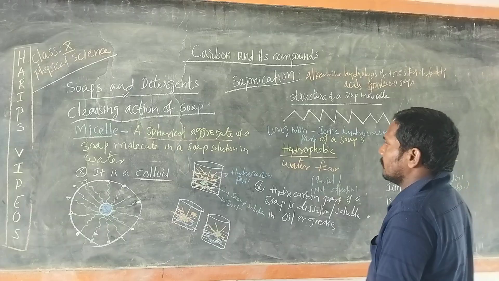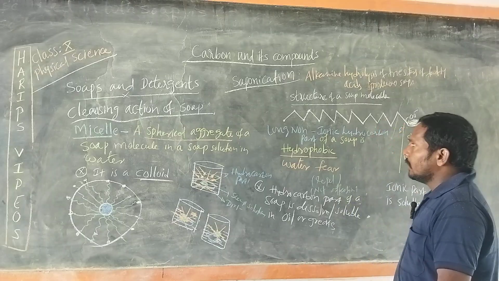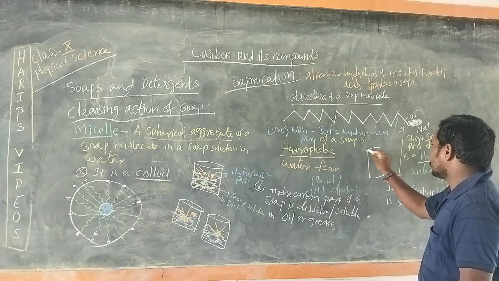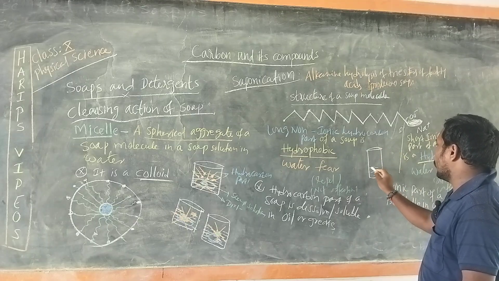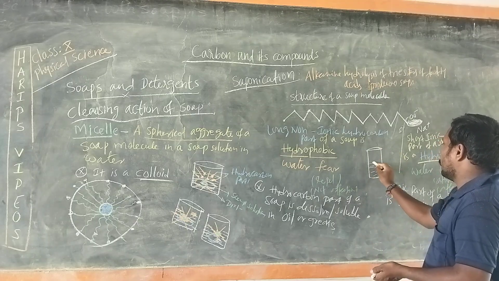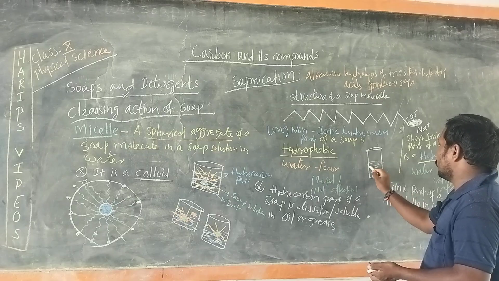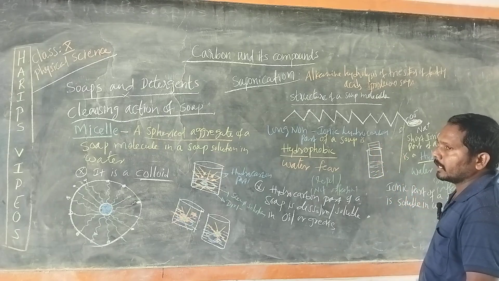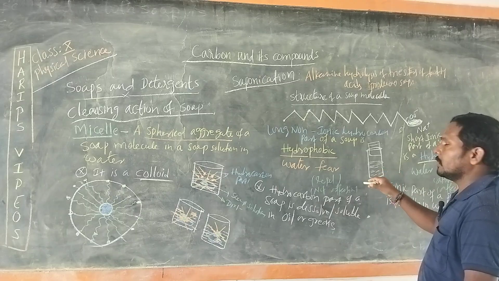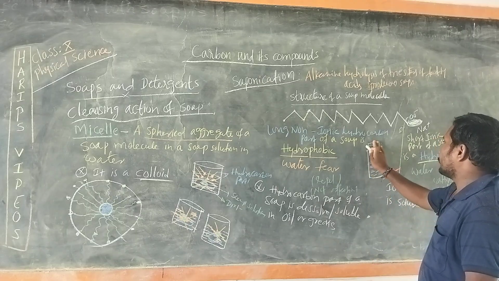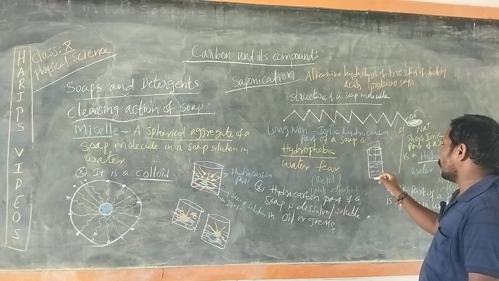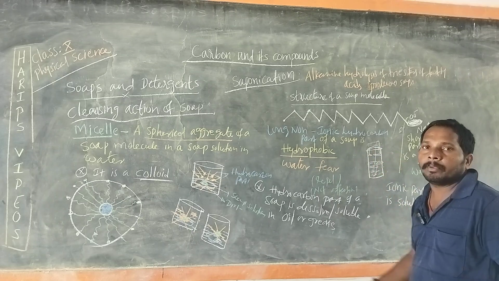So, no problem. Simply, this is how soap works. Take a test tube, take water and oil. Then place a rubber cork and shake it again. Again we observe that they do not mix. After we add some soap and mix it, what will happen now? Water and oil mix